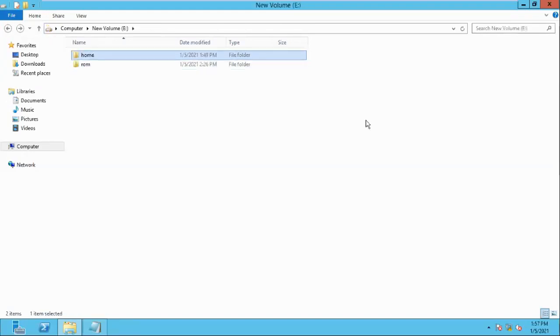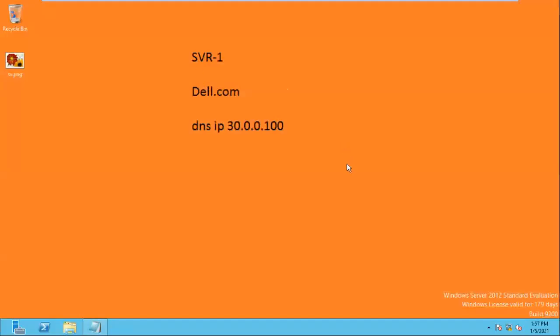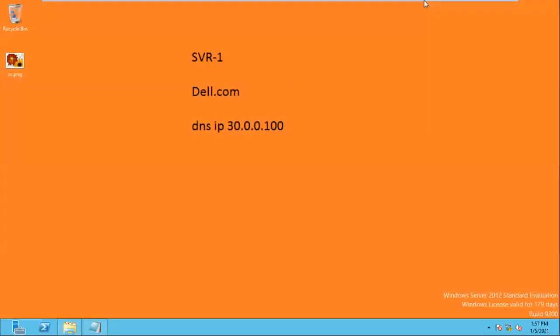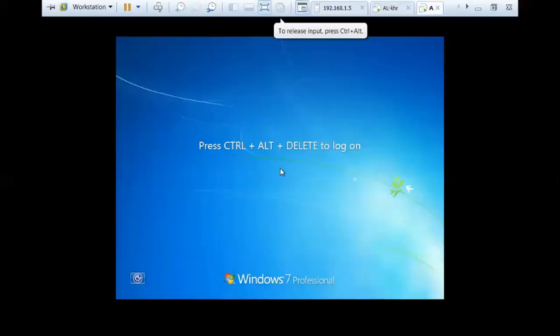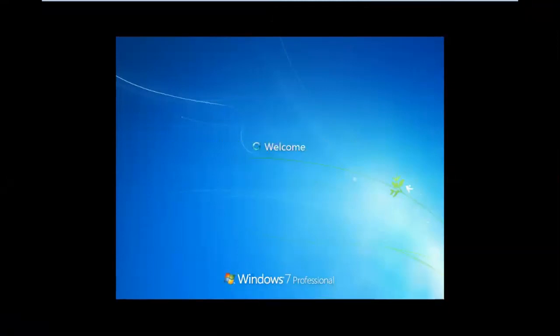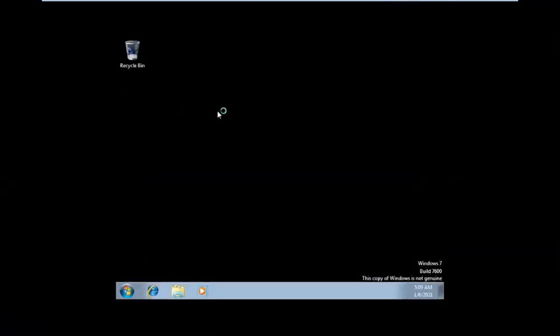Clear? Home folder. But see here on the server side, I open it. What is the size of this drive? 2 GB, right? Now go to the client side and open the home folder.